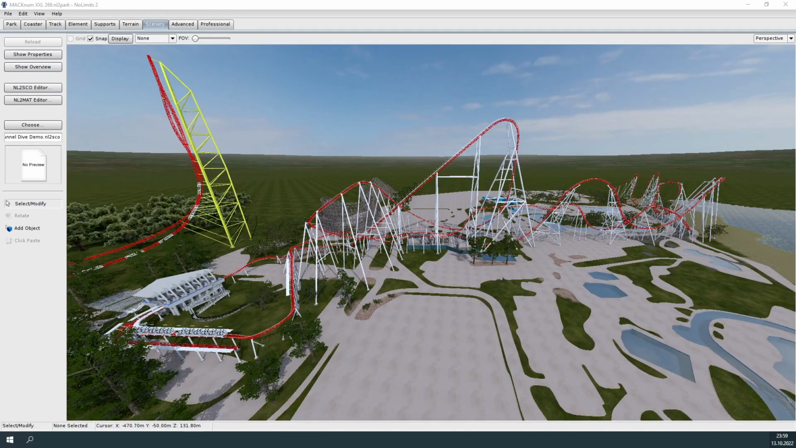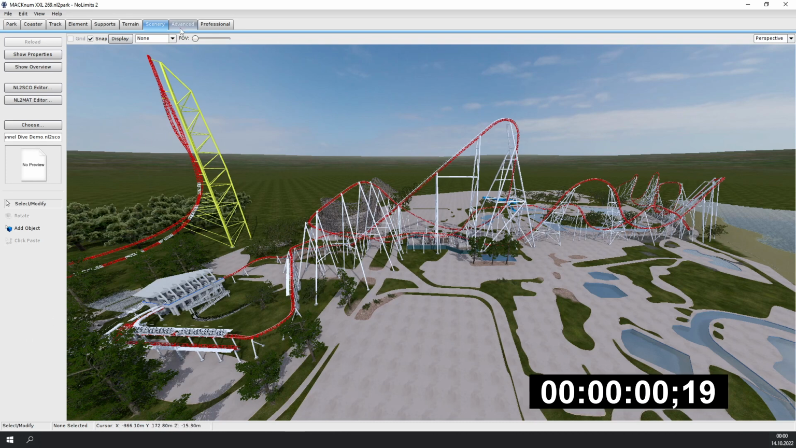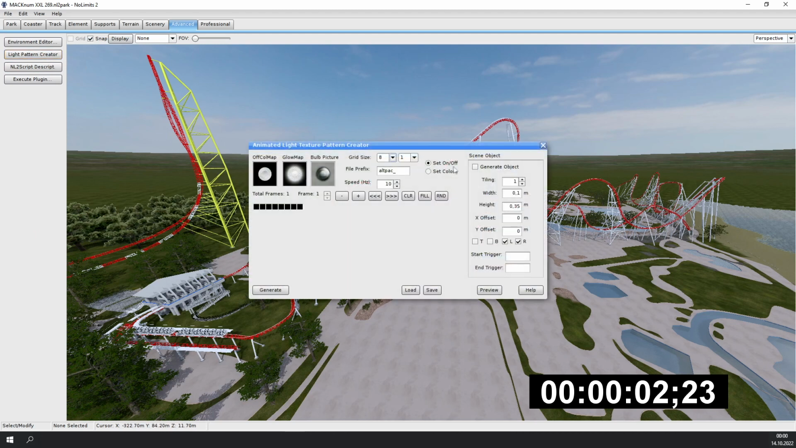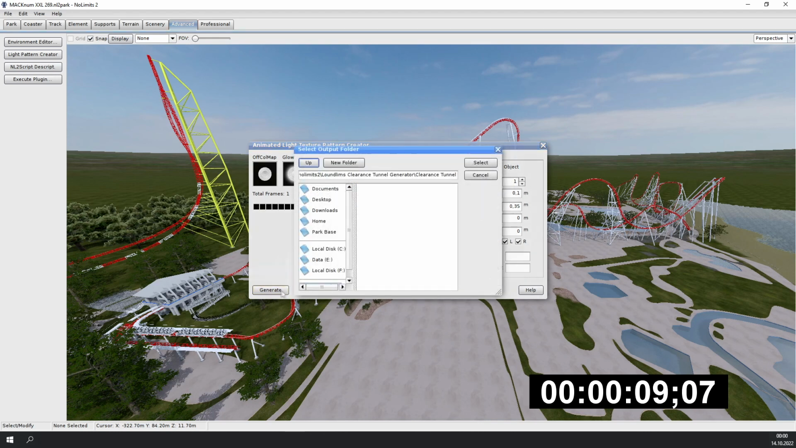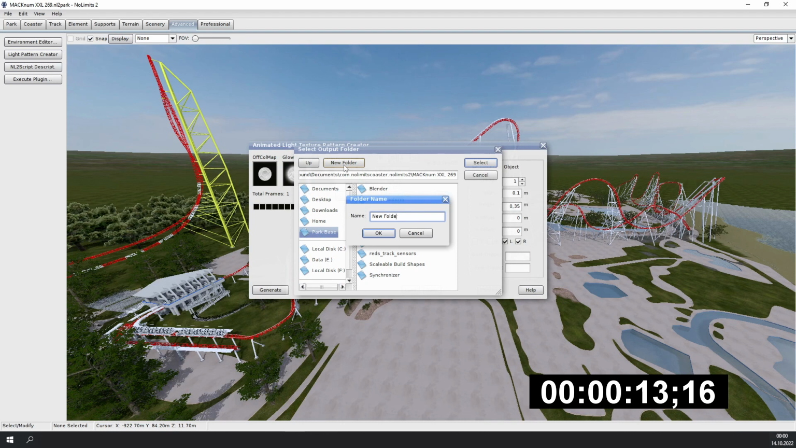So this tutorial was pretty long, I admit, but that doesn't mean that this method has to take long as well. And in fact, I'm going to show you how fast it actually is to use. So this is a coaster I made some time ago, and I'm pretty sure it doesn't violate clearances, but let's find out. So click on Advanced, click on Light Pattern Creator, click on Generate Object, click on this to give it a name, click on Generate, click on Park Base, make a folder, make a